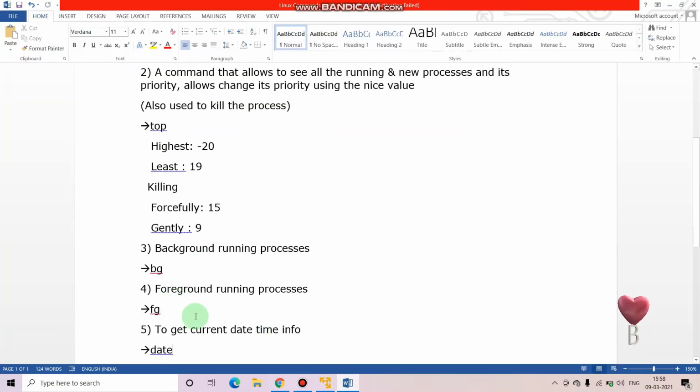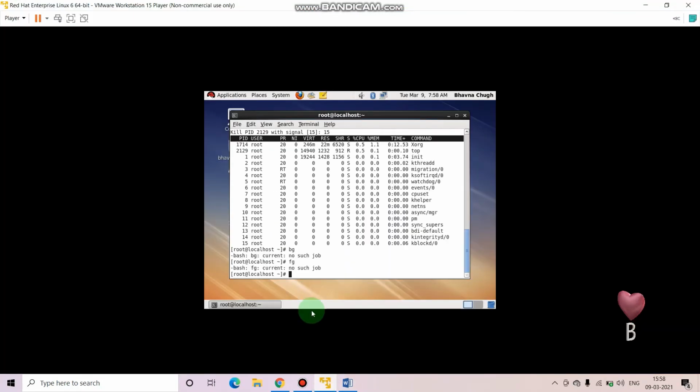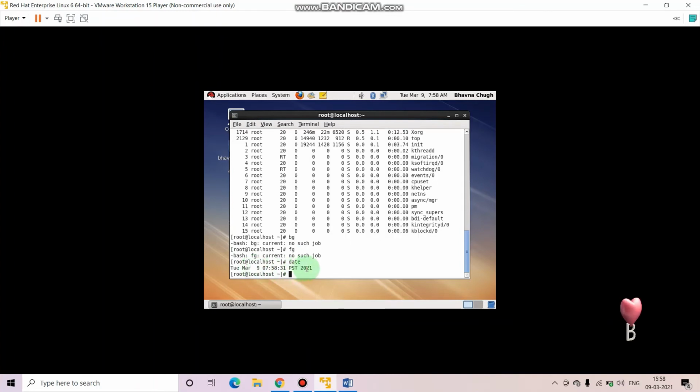Then if you want to see the date and time, you have to simply put date, and you will get the current date and time. See, date, enter, current date and time.